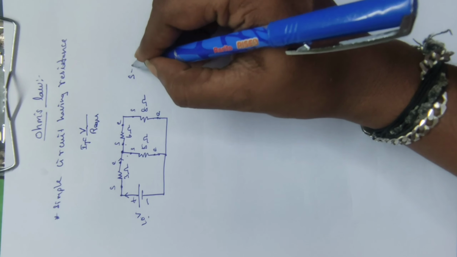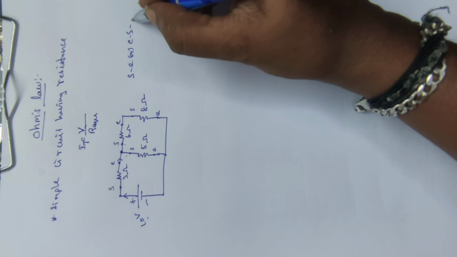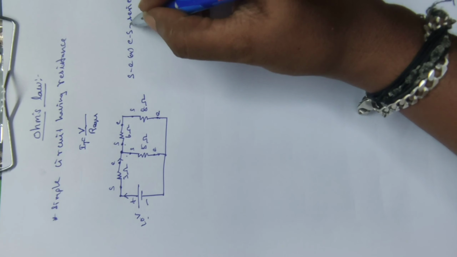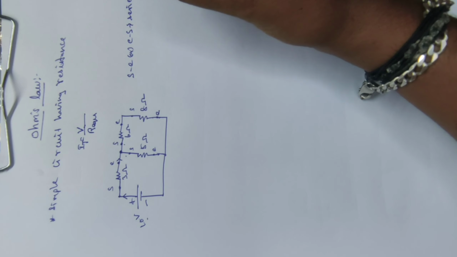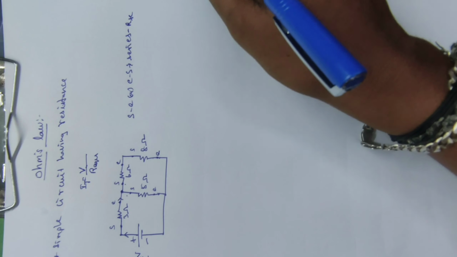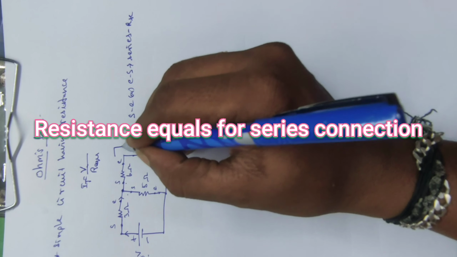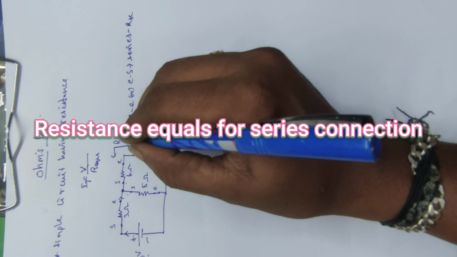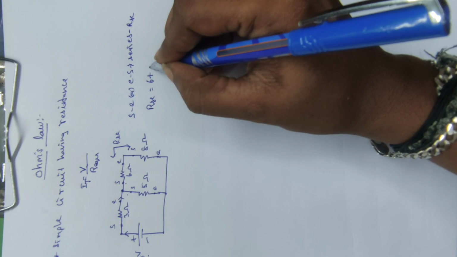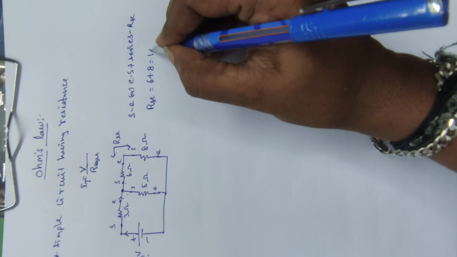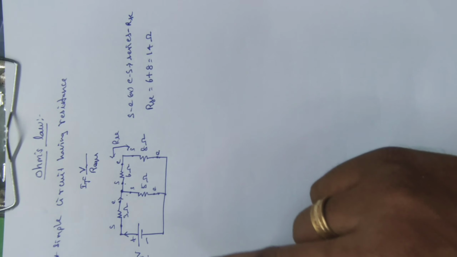Whenever we have a starting end to ending end or ending end to starting end combination, those resistances are called series connected resistances. If these two are connected in series, we add them to get the R series equivalent. This is the concept I explained in the previous video. Now this is series connected, so I am naming it RSC. To get my RSC, I add these two resistance values, 6 plus 8, and the answer is 14 ohm. After determining this equivalence, we need to rewrite the circuit diagram.